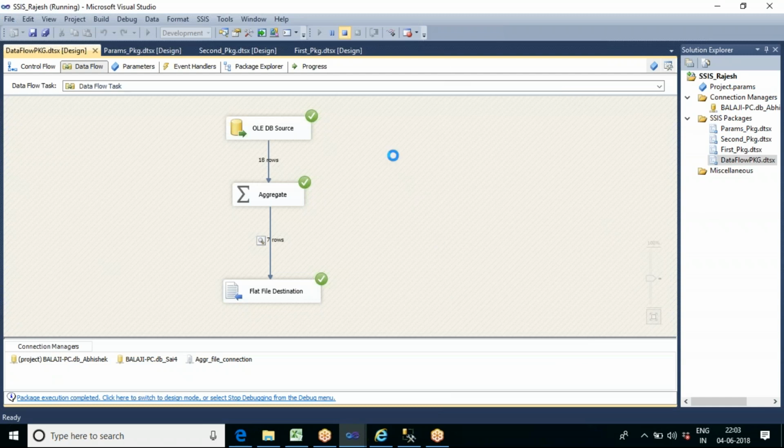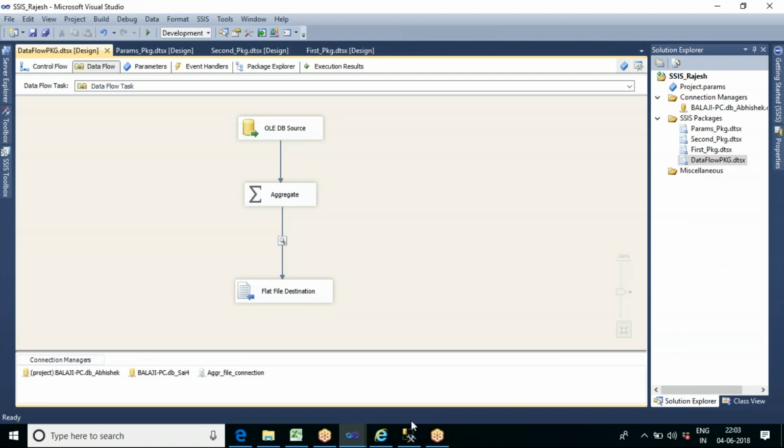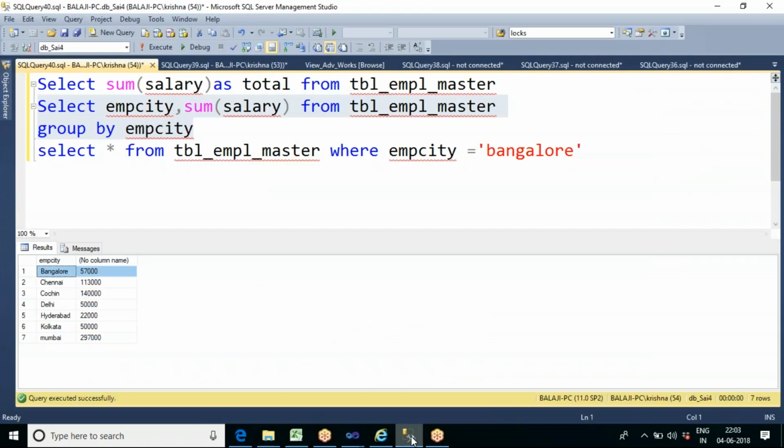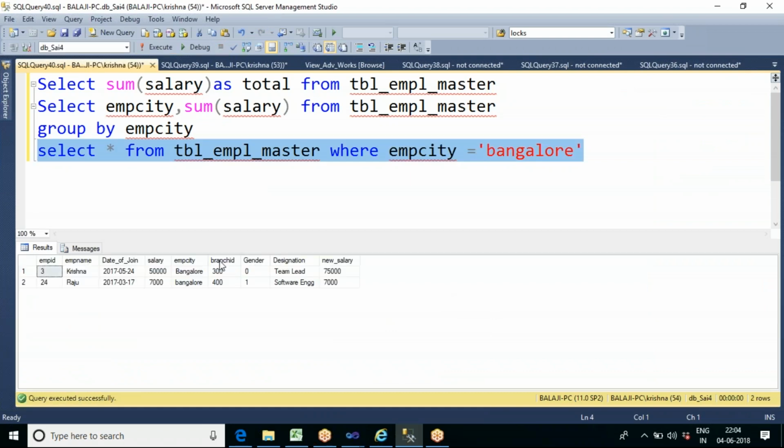Okay, suppose my customer, immediately after seeing the city-wise salary, asked me, in this table we have one more column called branch ID. My customer wants to see the branch wise salary. Then what will we do usually? We'll go and write a query.